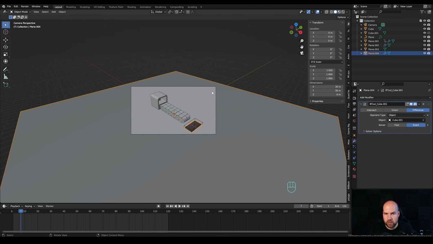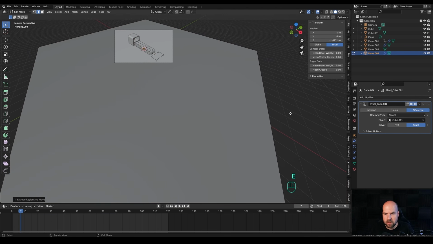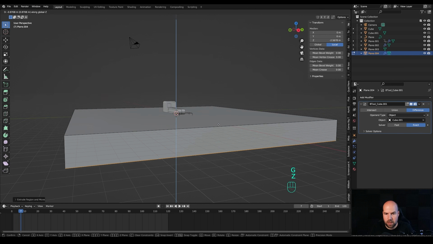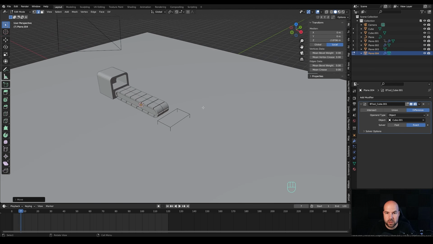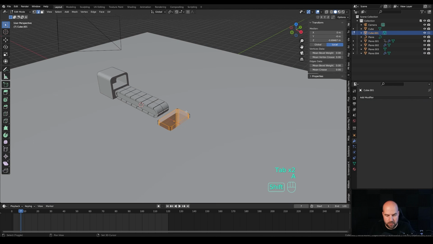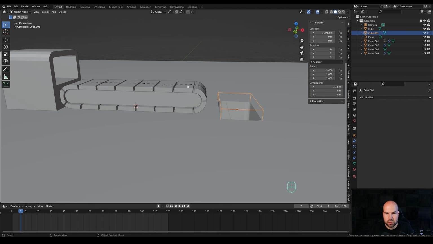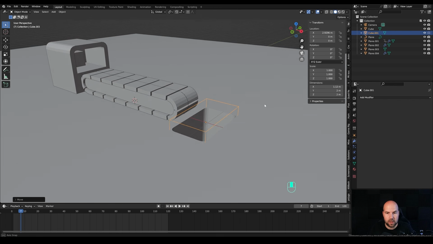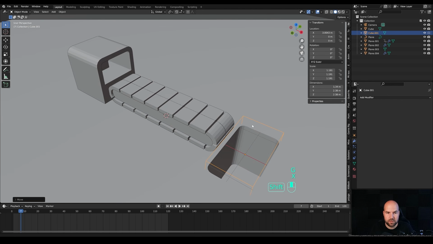But for this to work, we'll need a solid object. So tab into edit mode for the background and press E to extrude this down to create something like this. Maybe we can go even lower. And again, to make sure that the Boolean works, press A, press Shift N to recalculate normals, and do the same here if you have trouble. So the final should look like this, and the box should go and fall into this. The benefit of the Boolean is that now you can grab this and move it around, so we can calibrate it for our conveyor belt needs, something like this.